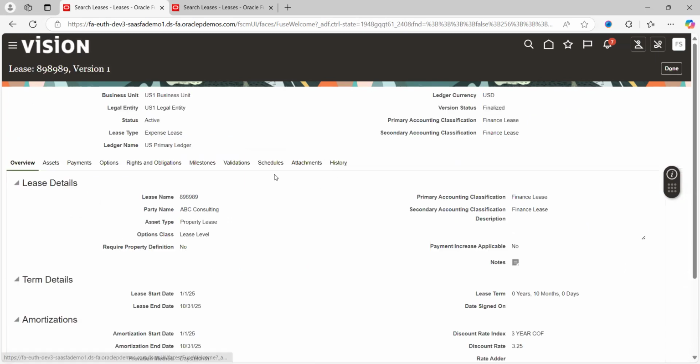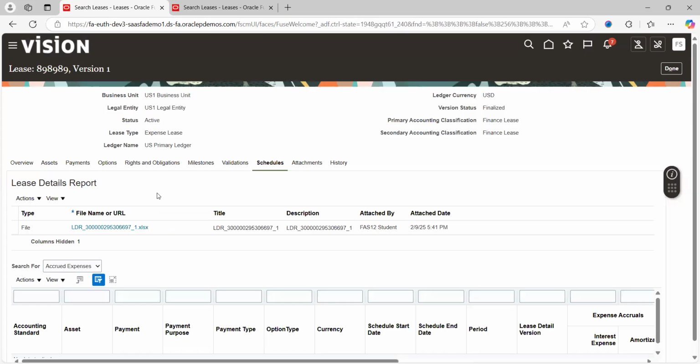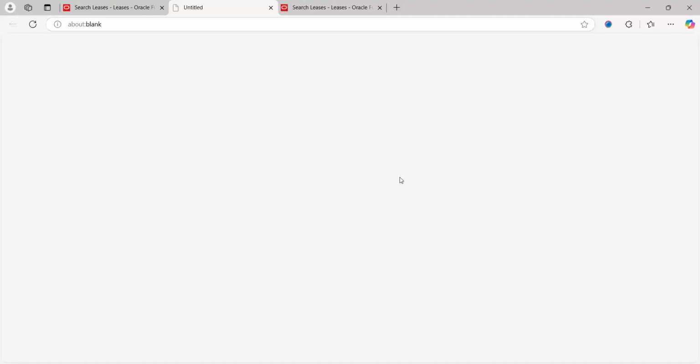Hyperlink, schedules. See here, this is how we can see the file name or URL. This is ending with the Excel. Okay, so attached by whom? The user, lease accountant. Okay, so if you go and export or download this file,